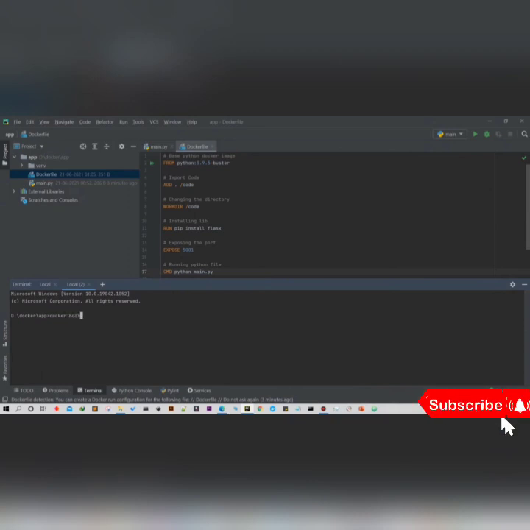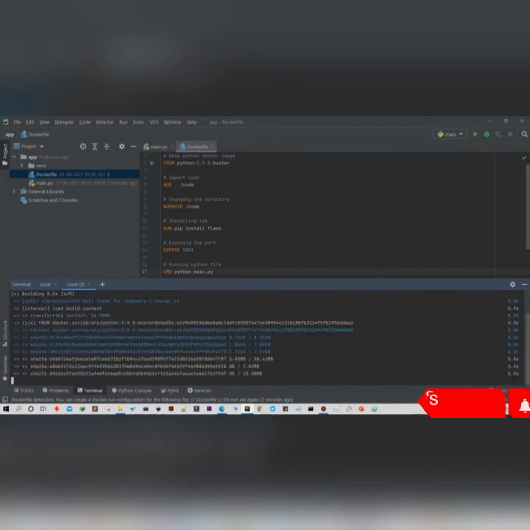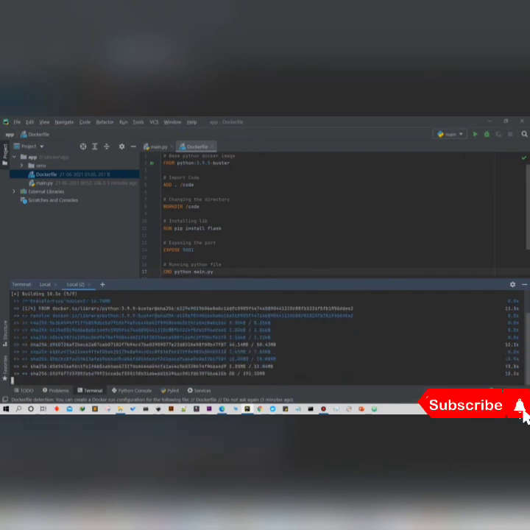Okay, now the command which I'm going to use here is the docker build command, and here I'm going to put down -t, which simply means tag, or through which you are just naming your Docker image. We're going to call it flask app here, and the path where your Dockerfile is, which is the current directory, so simply put down that dot.